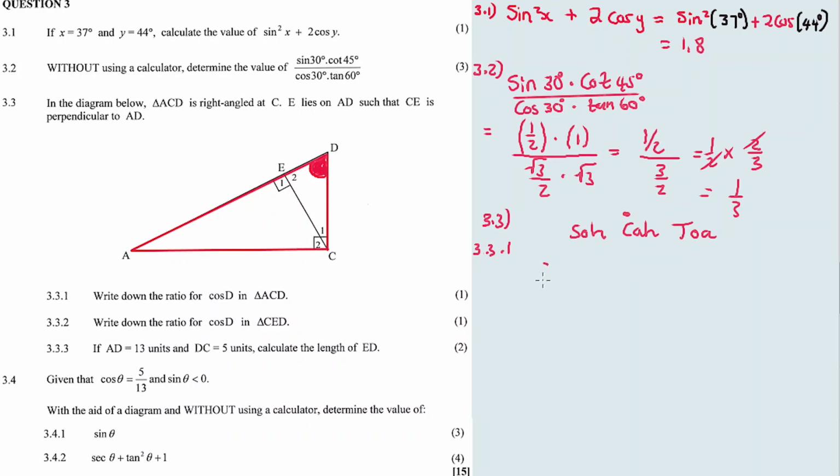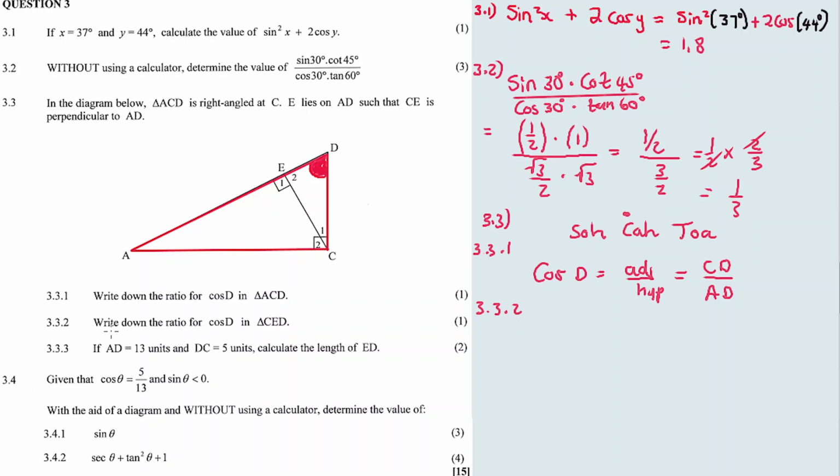So we know that cos angle D is adjacent over hypotenuse. So in this case, the adjacent side, it's the side which is closest to the angle, ubani, or angle CD, divided by the hypotenuse. The hypotenuse is always opposite to the 90 degrees, ubani, AD. So our answer is CD over AD. CD adjacent over AD. Then siyahamba siya ku